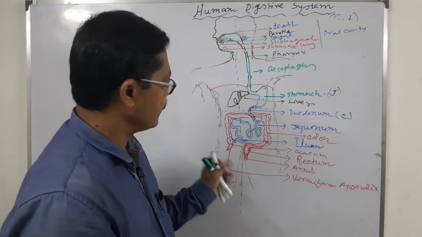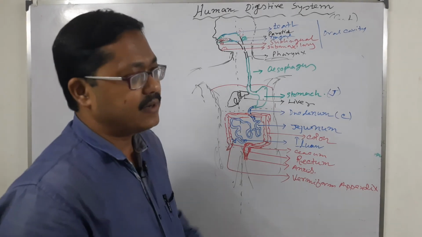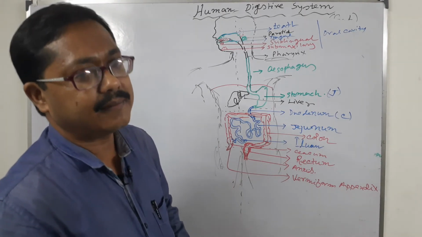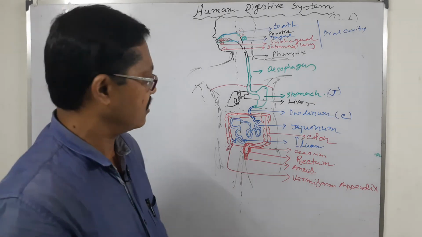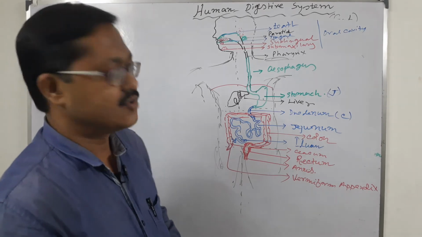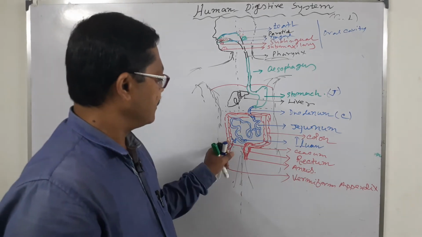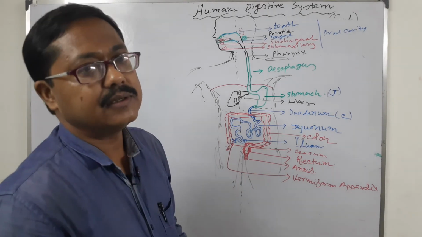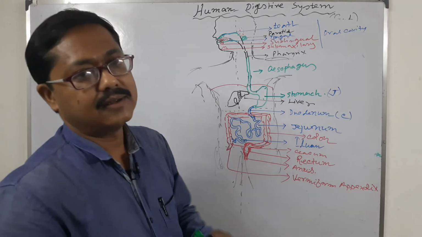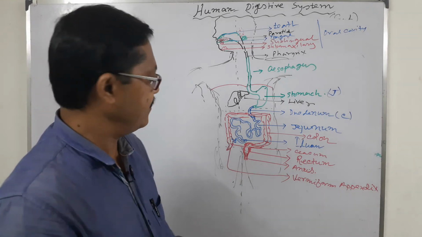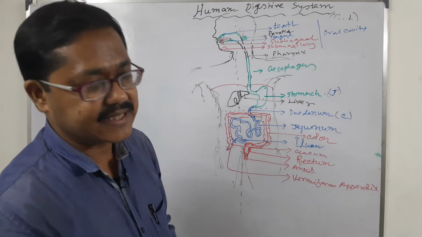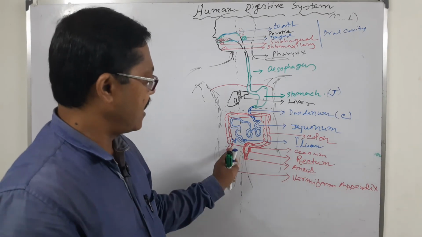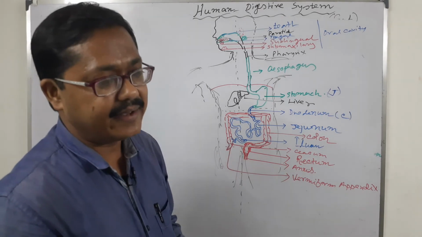It has no function. Sometimes you may feel lower abdominal pain, and some swelling occurs in our lower abdomen, with pain, chill, fever. Sometimes when we go to the doctor, they prescribe a USG, and after the USG result, they find the disease. It is called appendicitis. The infection in the appendix is called appendicitis.